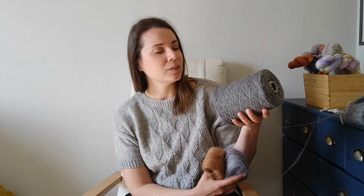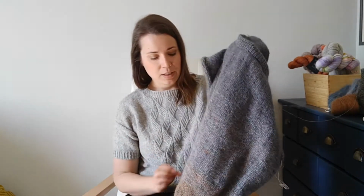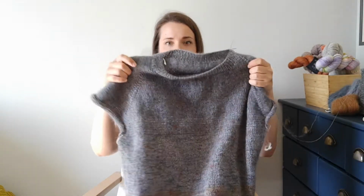And also I like working with this as there will be no yarn ends to weave in, or there will be at the beginning and end of the work, of course, but not in the middle of the project. Let me show you what I've been making with these. It's here. This is a simple raglan sweater,